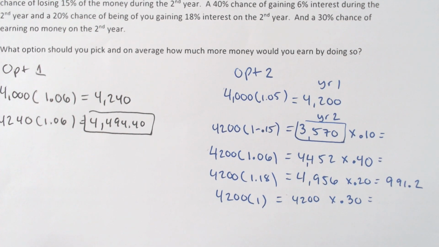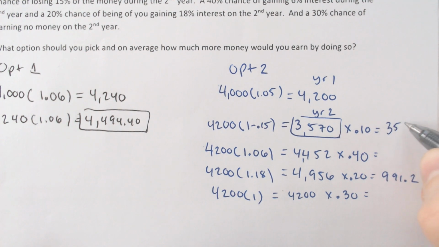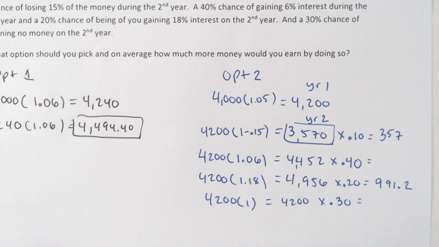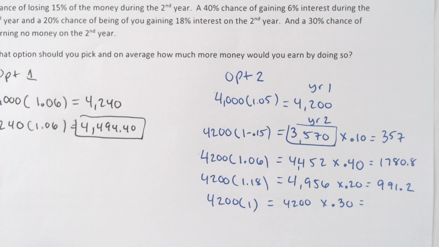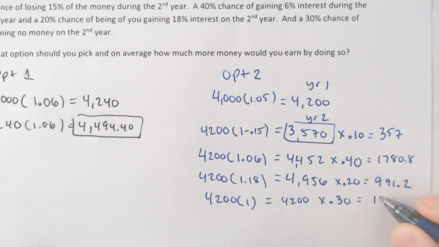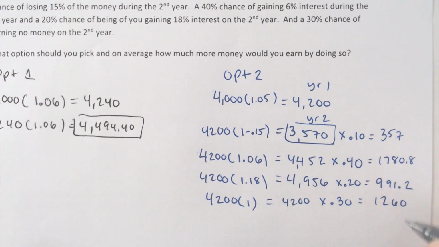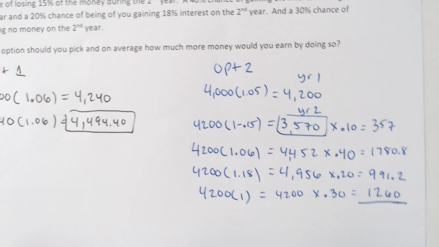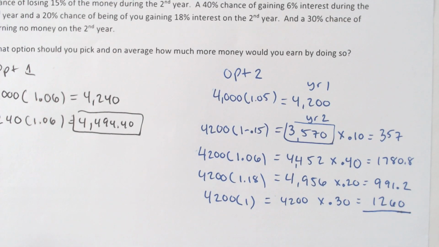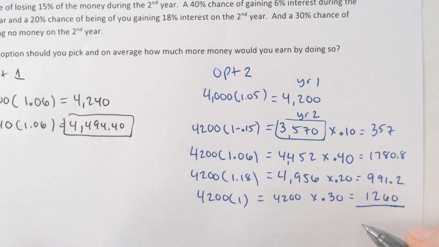3,570 times 0.1 is 357. That number by itself means nothing. 4,452 times 0.4 is 1,780.8. And 4,200 times 0.3 ends up being 1,260. We have to add all of those together. When we add them, we effectively find the average or what the expected value would be. So we got that plus 991.2 plus 1,780.8 plus 357. And if I do that, I end up with